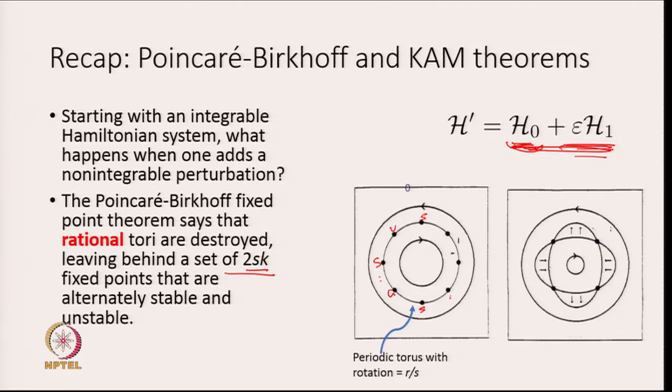So, starting with a rational torus marked here, once you add this non-integrable perturbation, this rational torus evolves in a particular way, so that all that we are left behind are these fixed points, 2 of which are unstable and 2 of which are stable. The KAM theorem